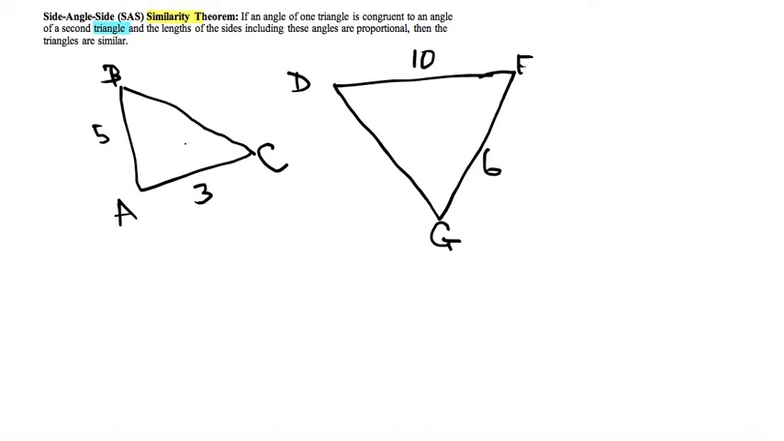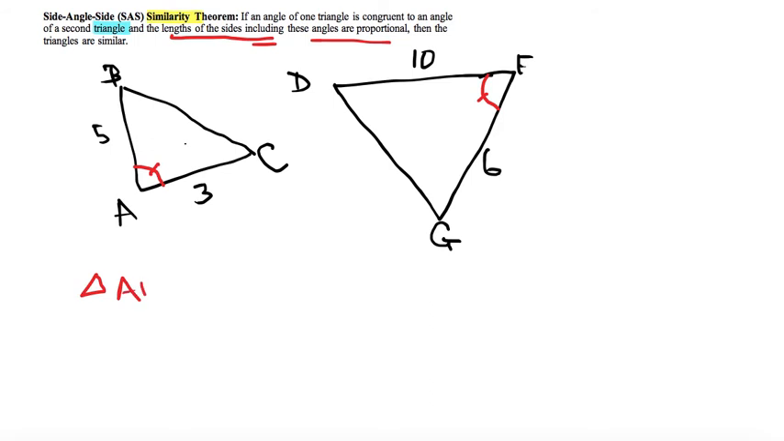But this is called the side angle side. If an angle of one triangle is congruent to an angle of a second triangle, and the lengths of the sides including these angles are proportional. So if I were to add an extra piece of information, like angle A is congruent to angle F, okay, so now I have one congruent pair of angles, and the two sides that are including that angle, 10 and 6, 3 and 5 here, are proportional, then now it is enough for me to conclude that